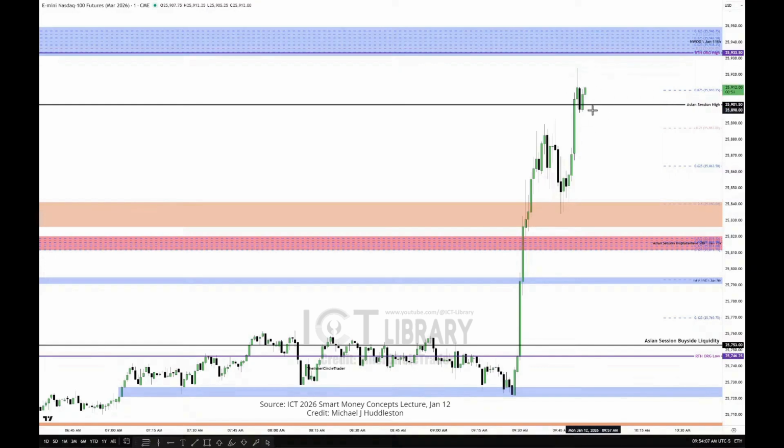Then, by including other factors like overnight liquidity, the Asian session high. Can you see how that's not hard? That's a very simple thing. Where was the highest high between 7 o'clock last night, New York time, and 5 a.m.? Whatever the highest high is, that's the Asian session high. That's not complicated. I'm not saying I invented it, but I'm saying go through the process of knowing what that is, and then grade that range.